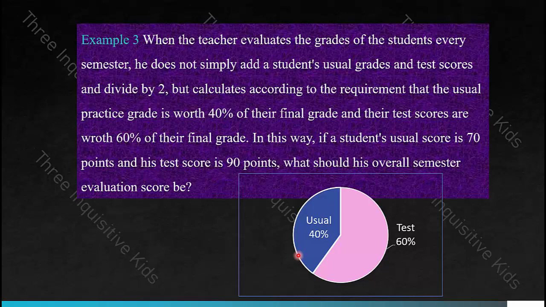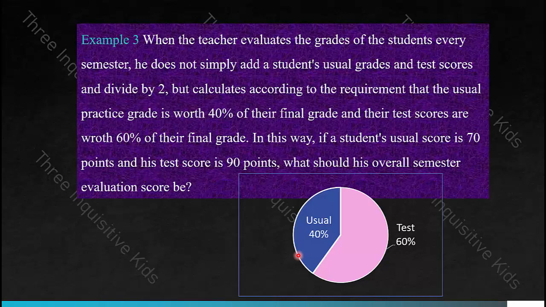Let's look at another problem. Example 3. When the teacher evaluates the grades of the students every semester, he does not simply add a student's usual grades and the test scores and divide by 2, but calculates according to the requirement that the usual practice grade is worth 40% of the final grade and their test scores are worth 60% of their final grade. In this way, if a student's usual score is 70 points and his test score is 90 points, what should his overall semester evaluation score be? So what this problem is saying,